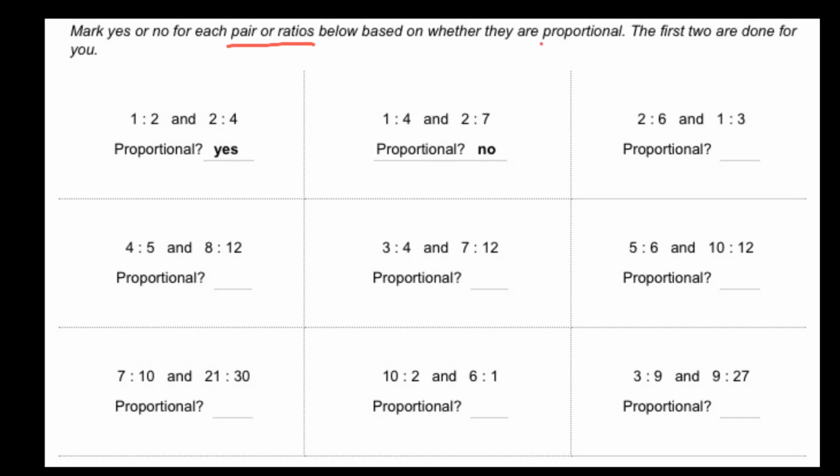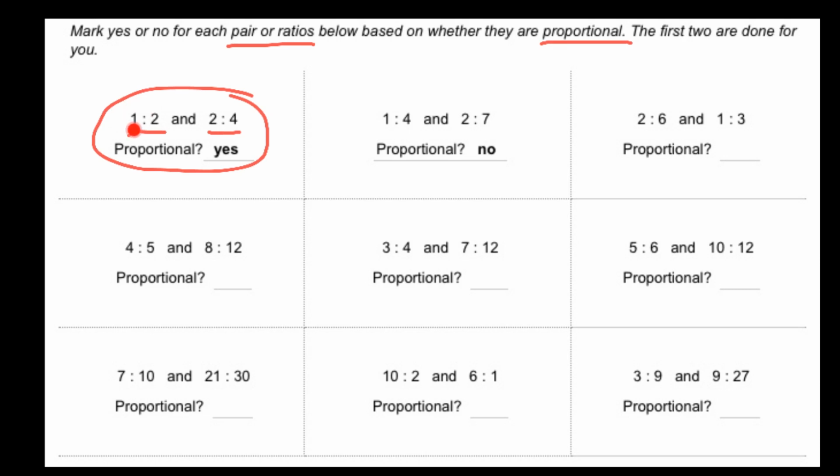Basically, here is one ratio, here is another ratio, and together we say that this is a proportion. So a proportion is a relationship between two ratios, and in some cases the relationship can be proportional, like in this